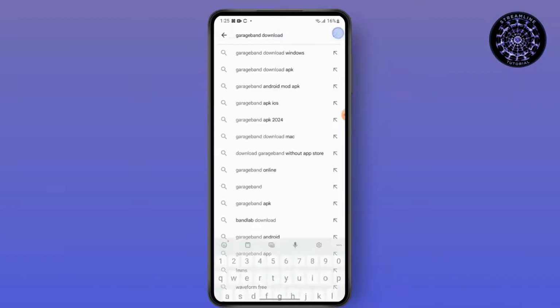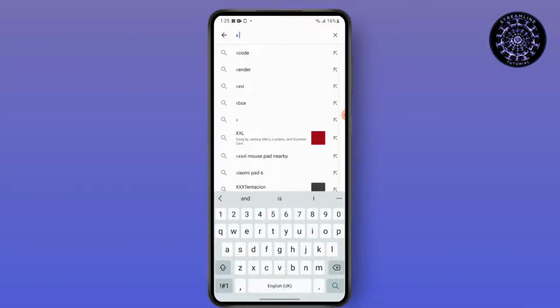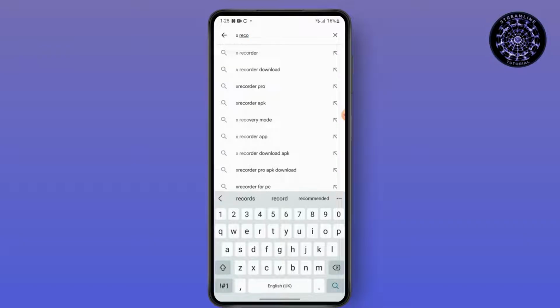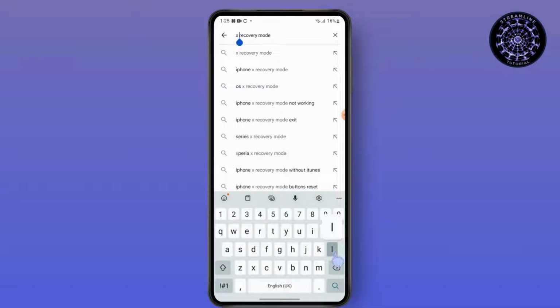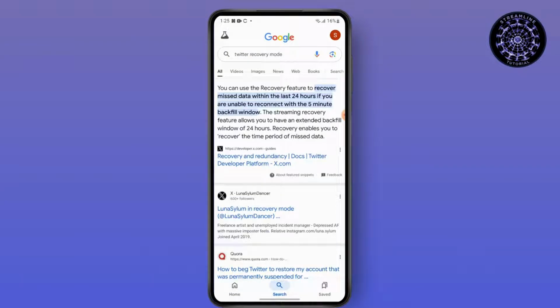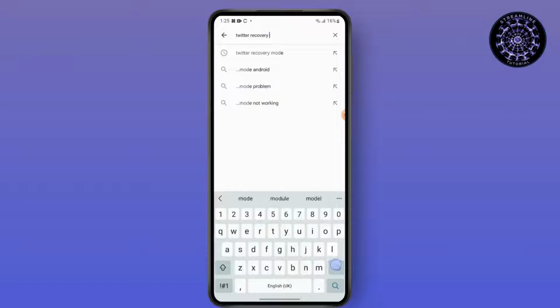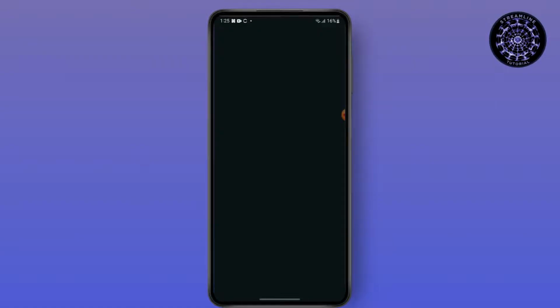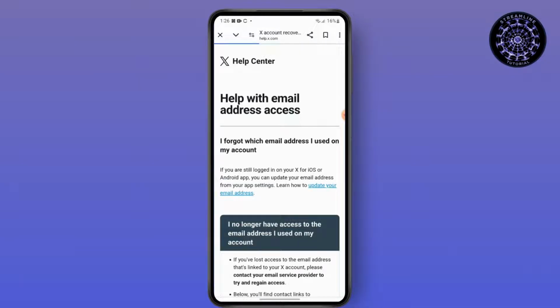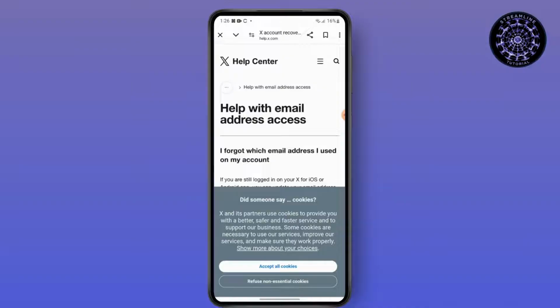Go to your browser and then search for recovery mode. If you cannot find it, go to Twitter recovery and go over here, and as you can see,